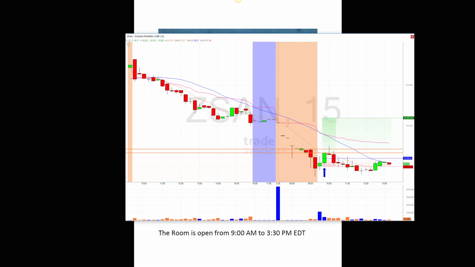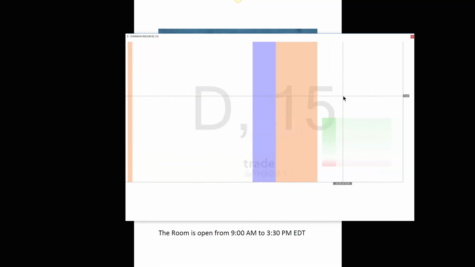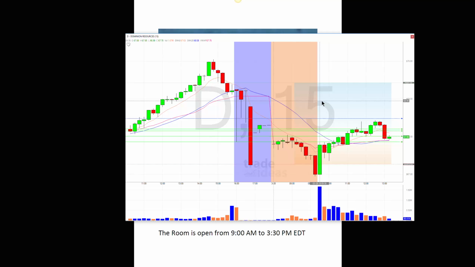Let's see now. I mean, this D drove me nuts. I tried to trade this one twice. Dominion did a financing, and it was at 67.85. There's the financing level. So when it hopped over 68 to begin with, I decided, well, we've seen time and again that companies have kind of soared off their financing price. It's not typical, but when they do, they can really have a nice little run.